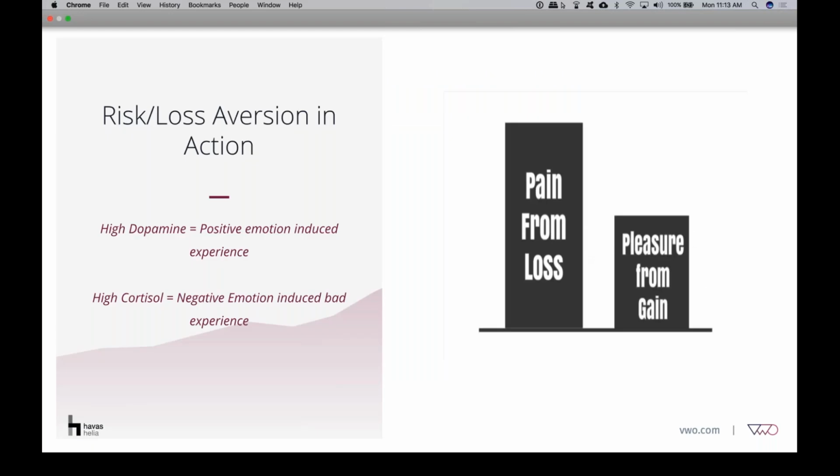So the next component of behavior economics which we have is risk and loss aversion. Julian covered this in discussing the incentives part, where he discussed non-monetary and monetary behaviors. The concept of risk and loss aversion is basically that the magnitude of pain which comes from a loss is much larger than the magnitude of pleasure we get from a gain. So let's say if I lose $5 in a bet, I feel more hurt than I would feel pleasure if I won $5 in a bet. All this happens because of our brain chemistry.